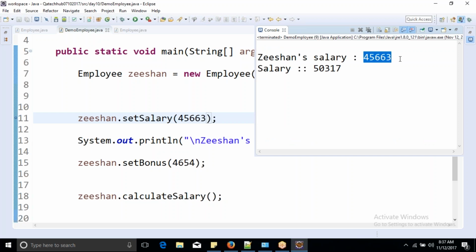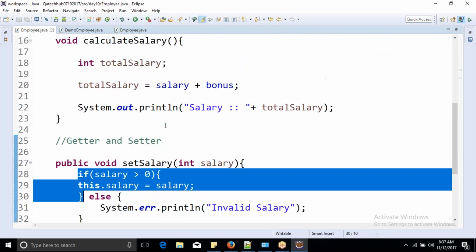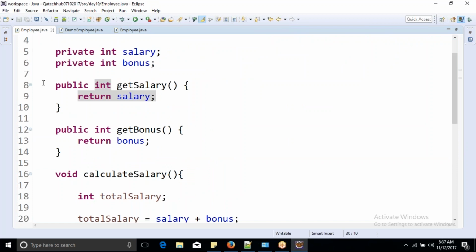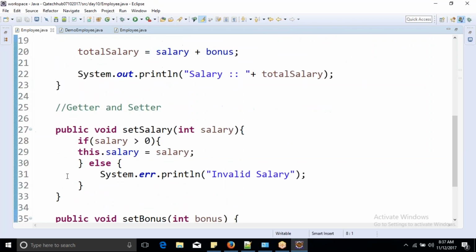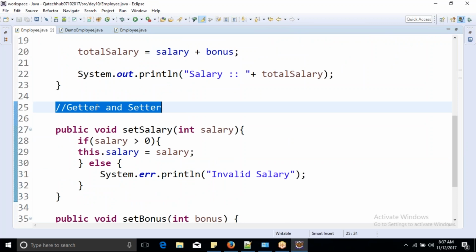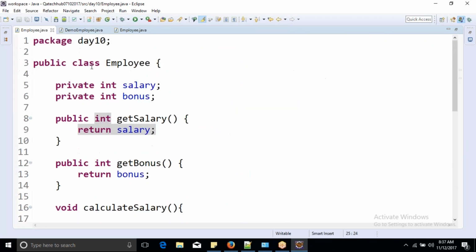So this is a standard way of getting the values if your variable is a private variable, and these are standard getter and setter methods. Getters to get the value, setters to set the value. What we are achieving from here is that the variables which had direct access now have limited access. You can do what you want, but